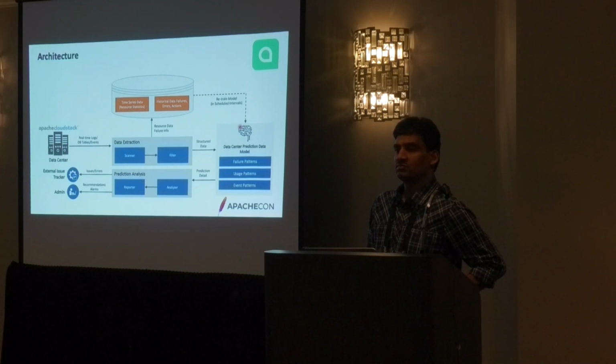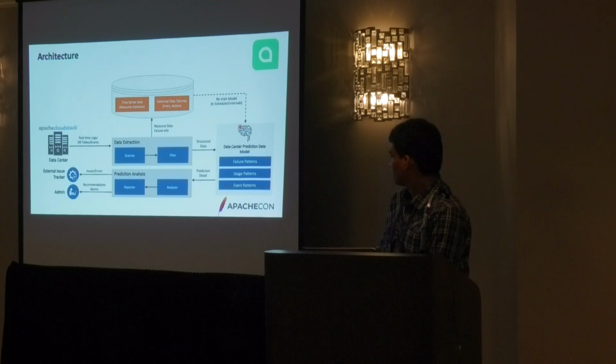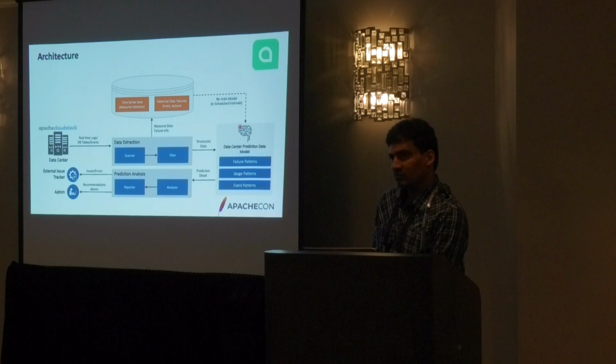I was thinking about that. The emphasis here appears to be on break-fix or predicting failure in the system, but that can happen in the short term, like an incident. Correct. It can also happen in the long term, like capacity planning, over weeks and months, trends like that. So if you see in the model types, we have failure patterns and usage patterns, and usage pattern is your usage analysis, how it is doing, and whether it will run out now or quicker than we had thought, because suddenly 10 tenants have started snapshotting all their VMs. So at that point, it's a classification problem, a prediction problem. Correct. A different kind of model.